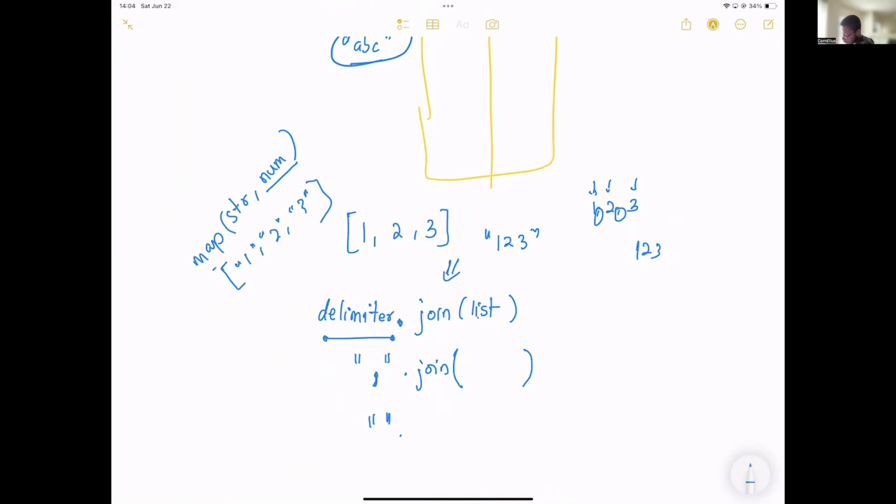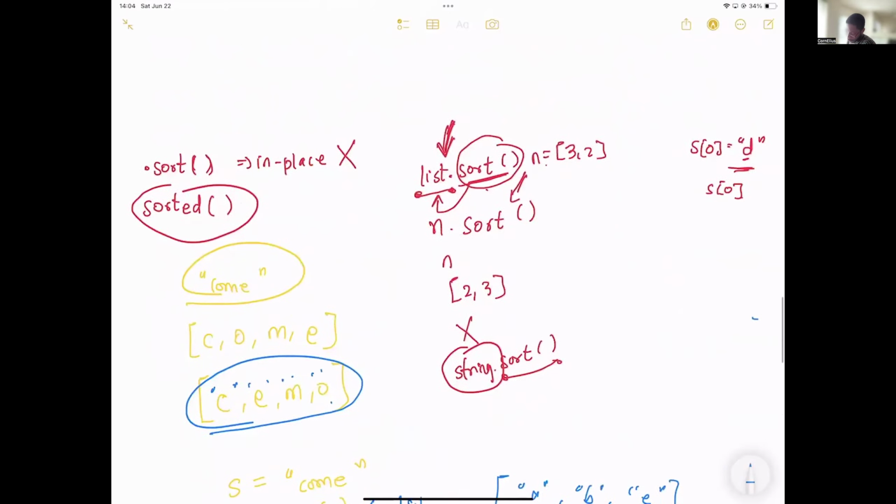But forget this. So this is your delimiter, this is your join method, then you pass your list to it like this. And it will join everything. Assume your list was A, B, C, and let's delimit it by, let's say, pipe. That's the pipe sign, like a one standing on its toes. If I do this, I'm going to get A, pipe, B, pipe, C, right? That's how join works. It takes a delimiter, then the join method, then the iterable, to join them together, right? Okay, good stuff. Let's come back to this.